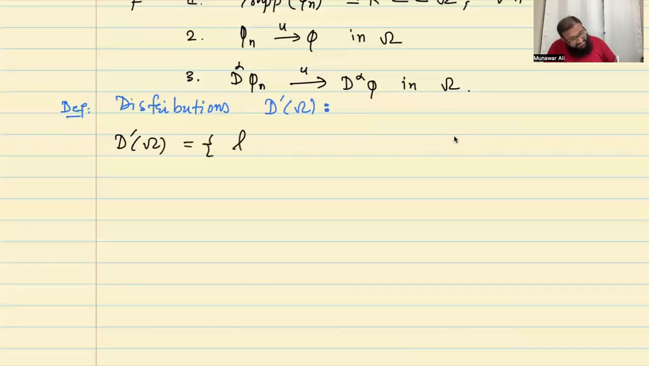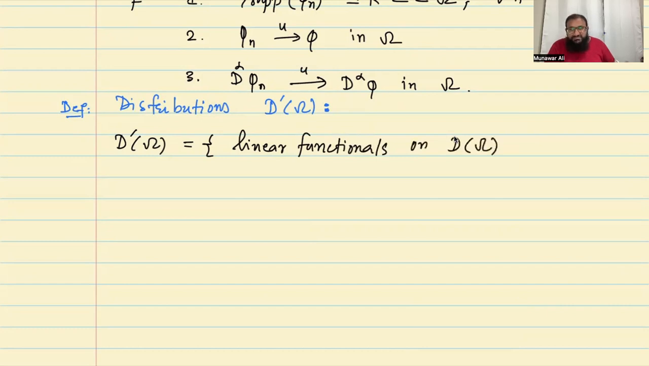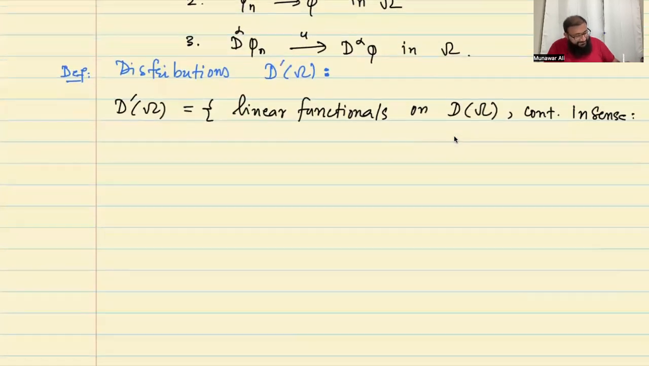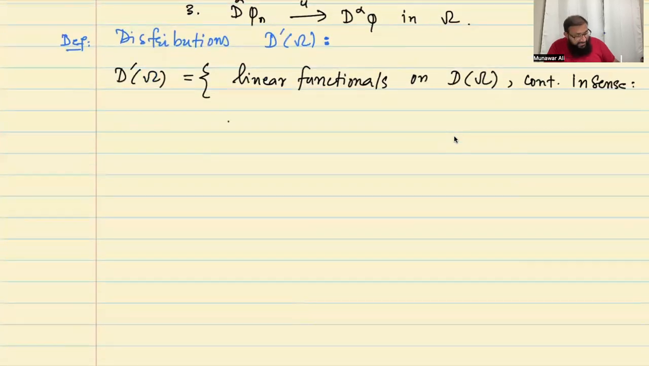These are simply linear functionals on D of omega. It means some sort of functions which take some value from D of omega and give us output as a real number, and which is continuous in some sense. So what is the sense of continuity? This definition goes on for now, and I'm going to write: